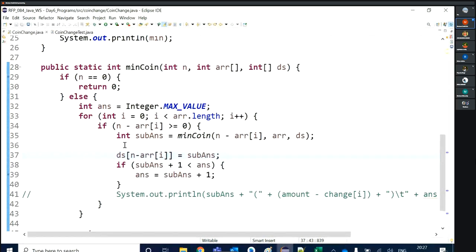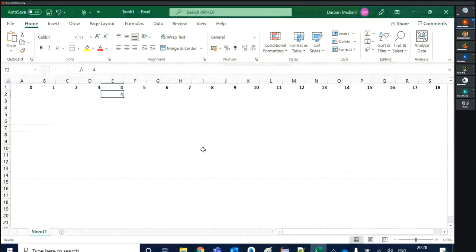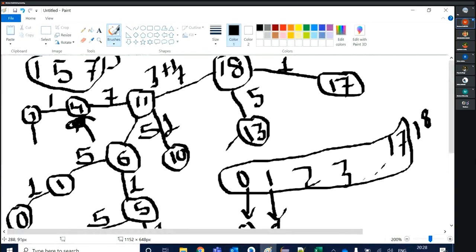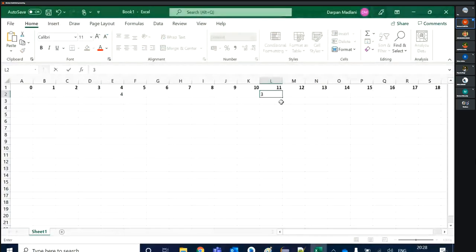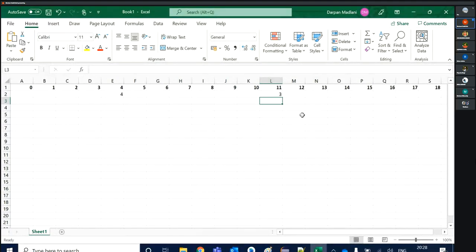As of now, I'm just storing my answers. Each and every answer I'm storing here with every calculation. Let's say in my subtree I'm getting the answer for this 11 as 3. So in the column of 11, I'm storing that 3 value as its answer.